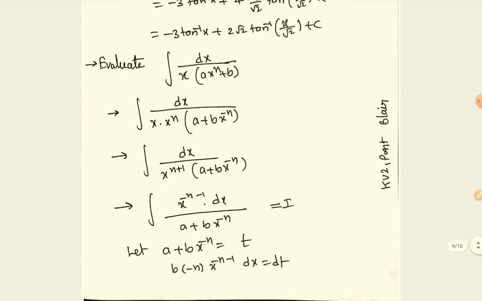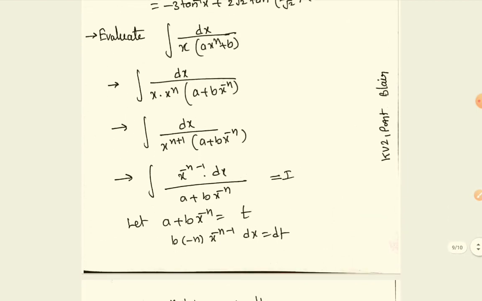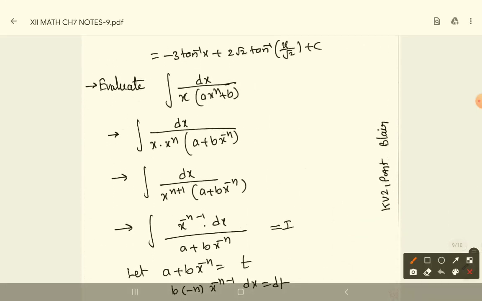Also, one more model will come in the exercise. I'll discuss it there, and here also I'll discuss. Please try to understand it. When there is dx by x into (a x power n plus b), whenever you see like this, with only one x outside and a x power n plus b inside, take that x power n common. Force common it is. That means x power n cannot normally be taken common, even though I am taking it, so a x power n changes to a, and b alone remains, but since I have taken x power n out, b can be written as b into x power minus n. So that is called force common.